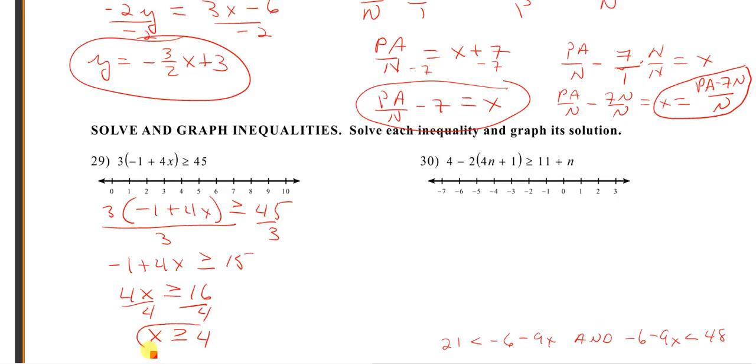Now this is not a compound inequality. There's no two sides linked with an or and and, so I can just simply graph that right away. That's going to be a closed dot because it's an equal to in the inequality, and it's everything greater than 4. Okay, next one is, let's go ahead and